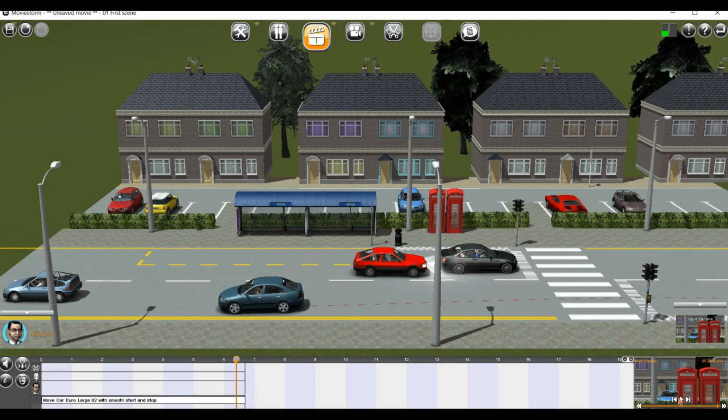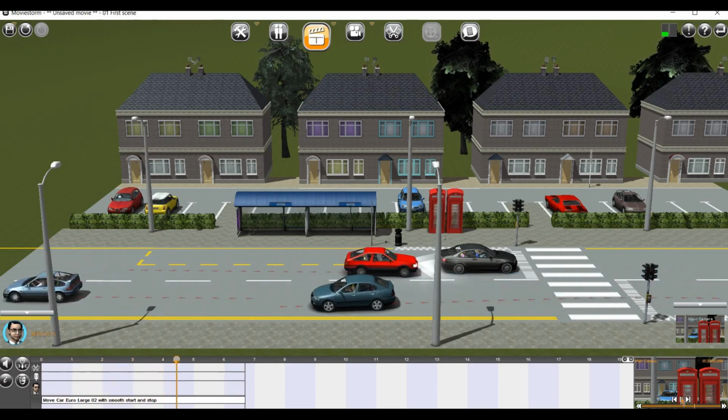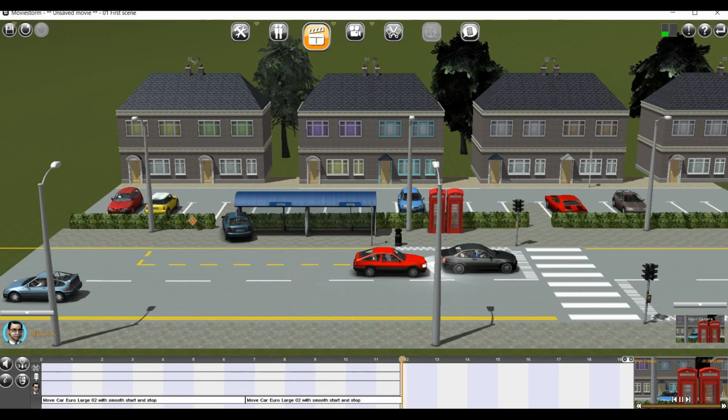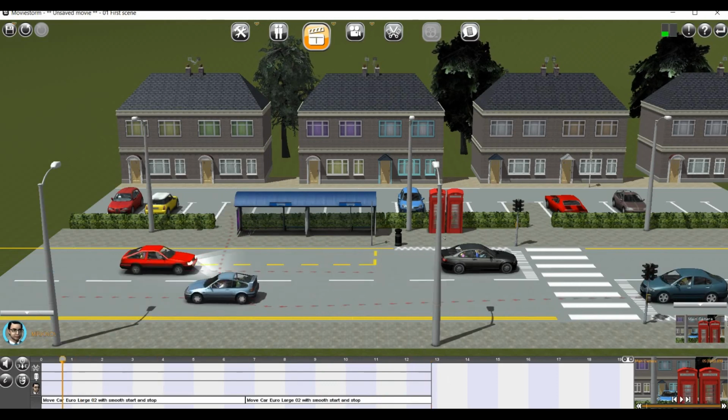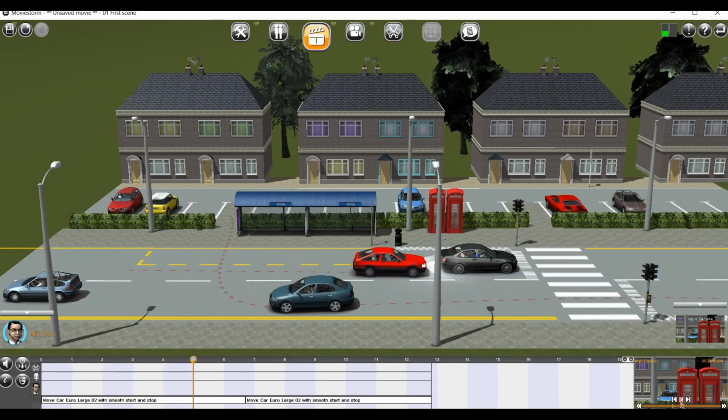So let it play here. Yep. Now you see, the car has reached this point. Now shift left click and I want the car to go inside this. Now if you play the entire sequence, you can see the car has come here. From there it has turned and gone inside it,